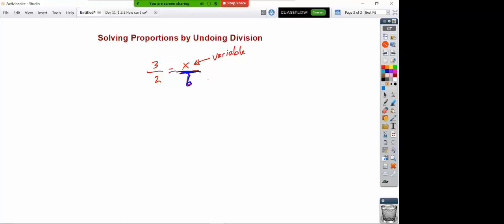So if we want to undo that process to get back to our variable, then we have to undivide. We have to undo the division. So that's going to be the process we'll do on our next problem. If I undo the division, the inverse of division is multiplication. So as long as I multiply both sides of my equation by 6, I should be able to undo that